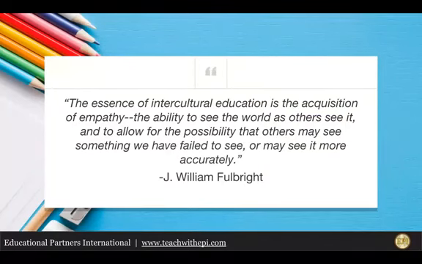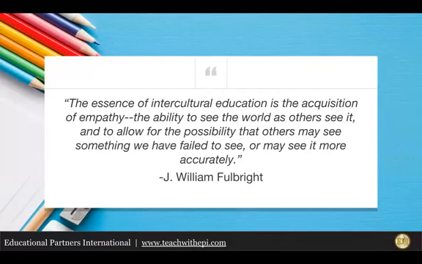So to finish off our presentation today, I would like to leave you with this quote as a reminder of why cultural exchange is so important and why we are so eager to bring teachers like you to the U.S. J. William Fulbright was a U.S. Senator and the founder of the Fulbright Program.